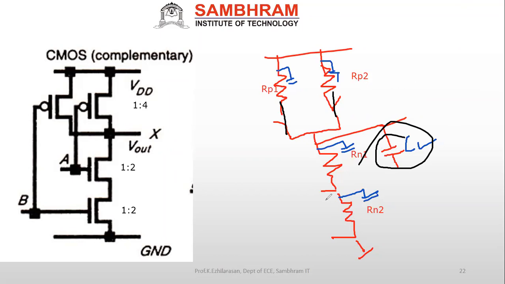In the same way, if I say both are 1, 1, what will happen? This will be open switch, correct? Both the PMOSs are open switch, A and B are 1, 1. Then what will happen? This will be on. So my circuit will become what? When both are 1, NMOS, then this is my complete circuit, because here is open circuit. Now completely see, this is my circuit actually. You have to simplify this, and we can calculate the delay. So in this way only the delays will be calculated. So this is for CMOS complementary ratio 4:1.